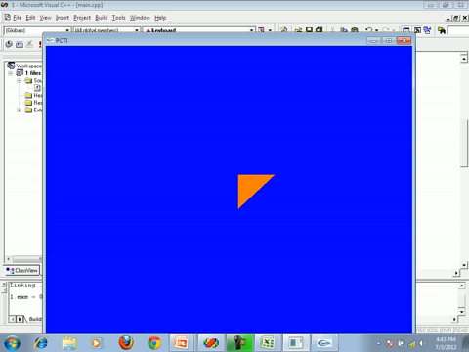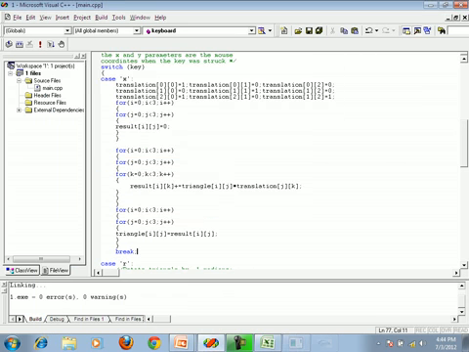Okay, and I am pressing small x on this screen. Check it for what actually is happening.